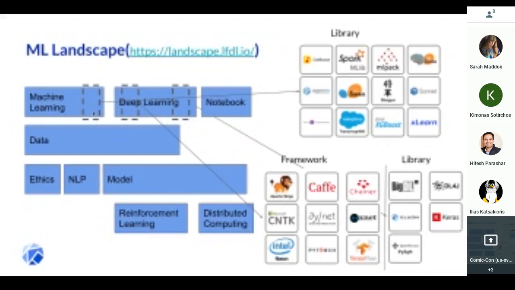For each of these boxes, you can zoom in and they show you all the different projects and options you have available to you. If you look at the classical machine learning box and zoom in, you can see you have a rich set of tools and libraries available to you. You can be using Spark MLlib to build your models. You could be using XGBoost. You could be using scikit-learn. If you're using deep learning, you have a whole rich set of choices in terms of frameworks like PyTorch or TensorFlow. And even then, once you've picked your framework, there's a whole set of libraries like Keras and TFX on top of these frameworks that you can potentially use.